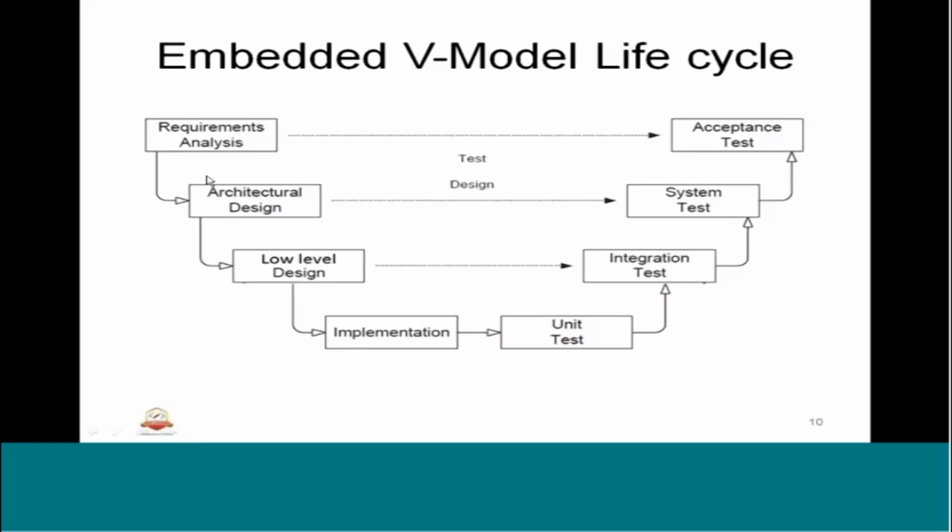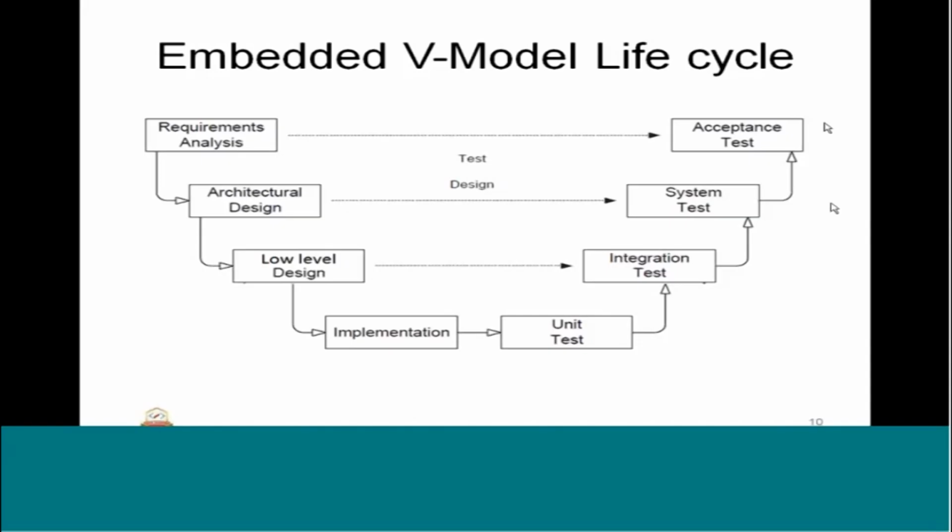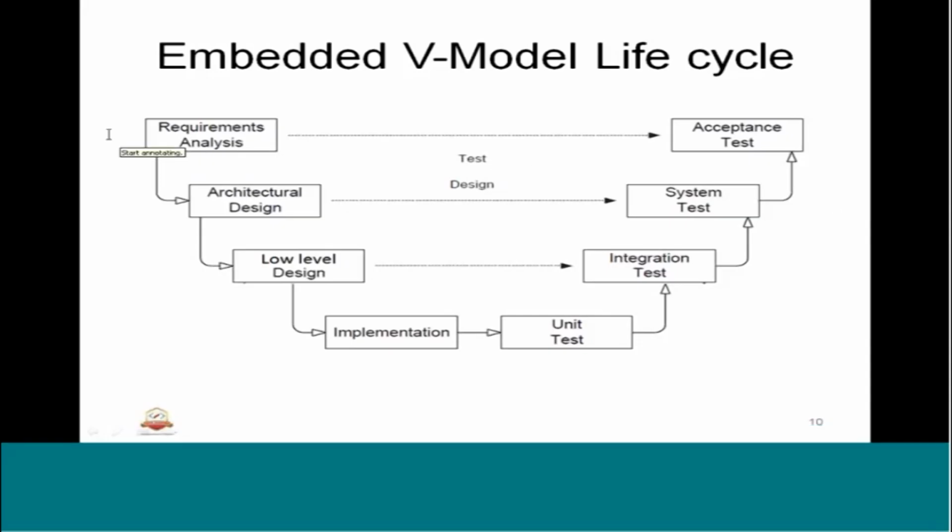So this is the embedded V model life cycle, where we see again a V shape having left hand side development stages, on the right hand side testing stages. This will go hand in hand for each of the cycle. And what happens typically is that this will go in parallel. Why I say to do an acceptance test or high-level testing, we don't need to have the underneath version. So once this is done,